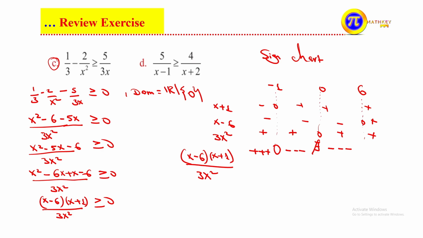At 6: positive times 0 is 0, and 0 divided by positive is 0. To the right of 6, everything is positive, so positive times positive is positive, and positive divided by positive is positive. What we want is greater than or equal to 0, so we check the intervals where it is 0 as well as positive. The interval is this one, so the value of x that satisfies this property is x is less